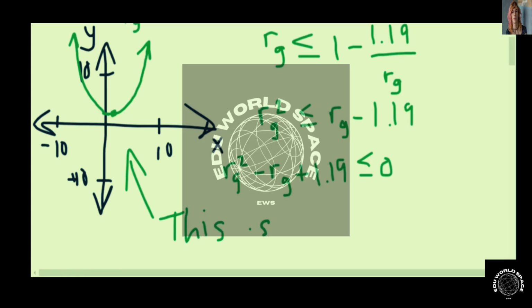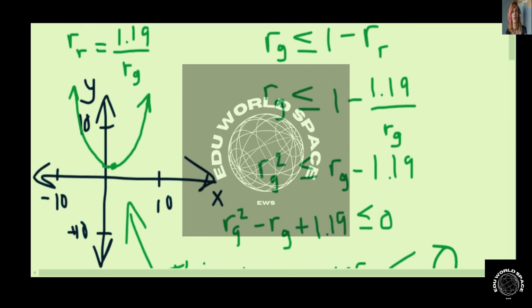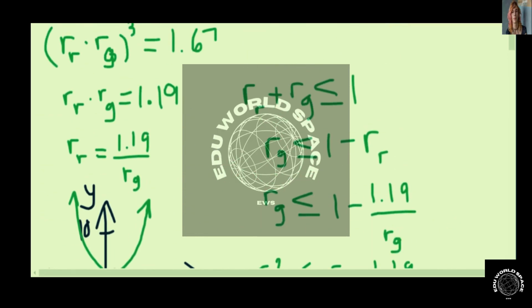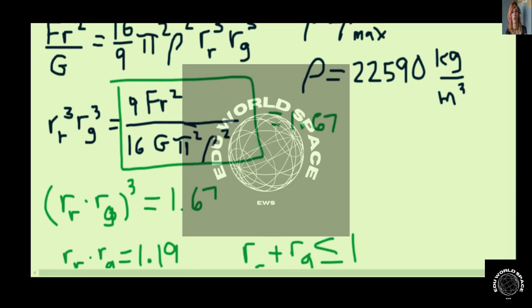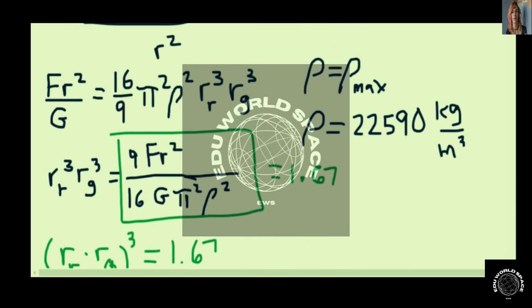This is never less than or equal to 0. So our mass isn't high enough. And let's just see here. Our density isn't high enough. Our density was 2